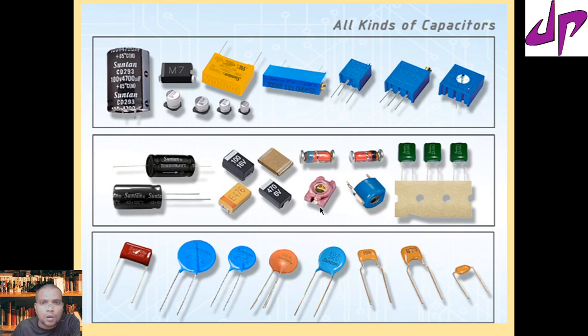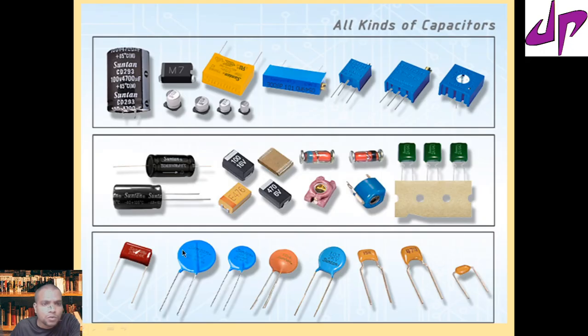These are all electrical components. They come in different sizes and shapes, and those are known as capacitors. So the capacitors can store charge. Today we will go through how these capacitors